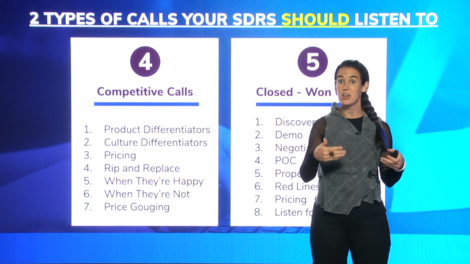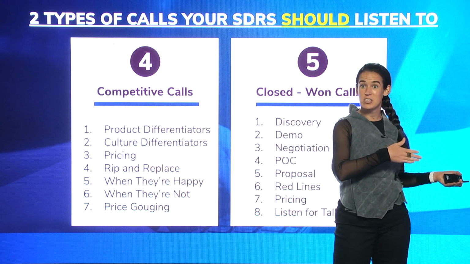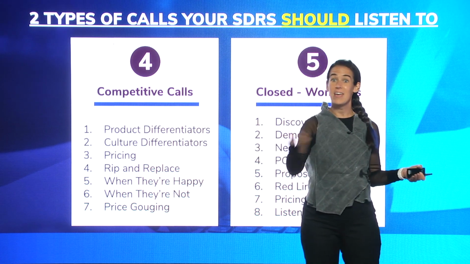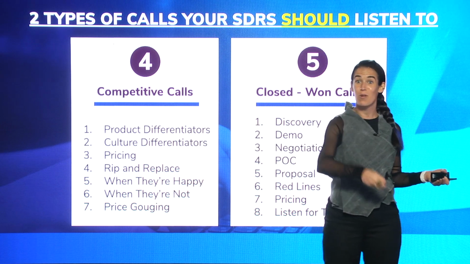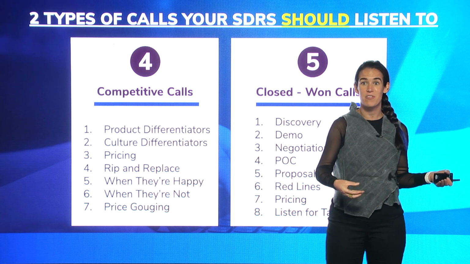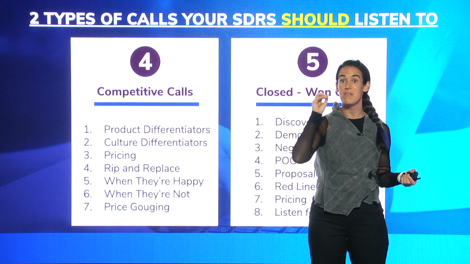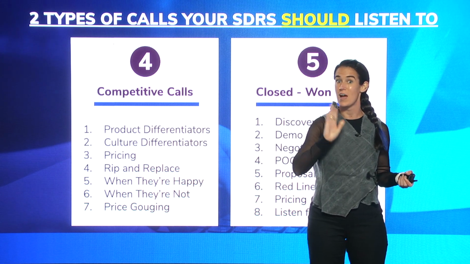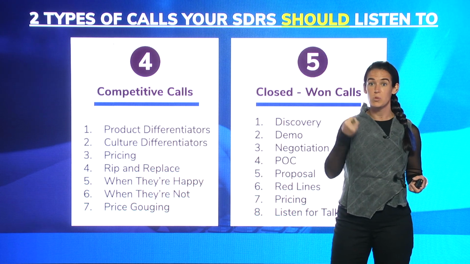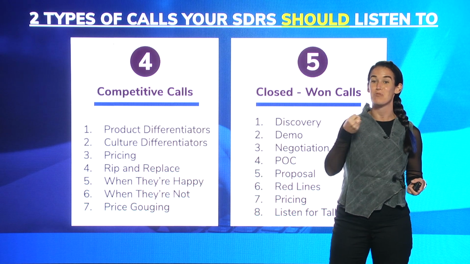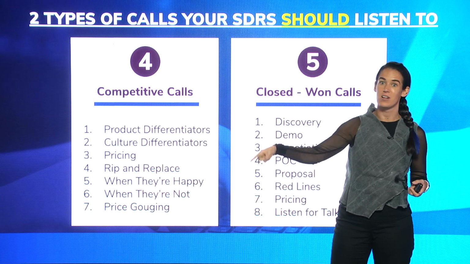But a competitive differentiator based off of that, okay, we sell into sales enablement, we sell into SDR, we sell into AE. AE would want the Chorus proper product. An SDR would want to know Cold Call Central. Cold Call Central is a competitive differentiator, but it doesn't matter to an account executive. So knowing that per buyer persona can be very, very important to an SDR, AE, or anyone in the selling business. So competitive calls are a great place to source which competitive differentiators are resonating with which buyer persona so that the SDR can update how they're pitching and also learn how to close in that process.